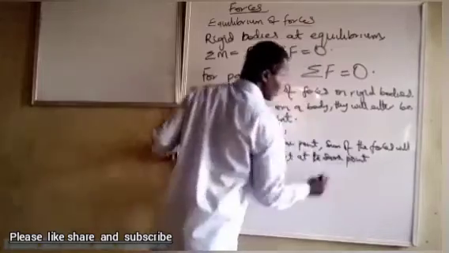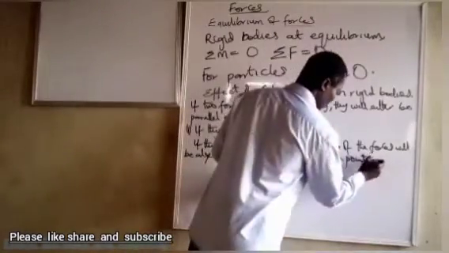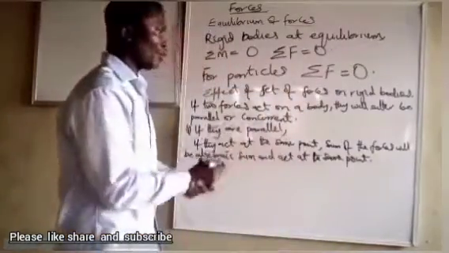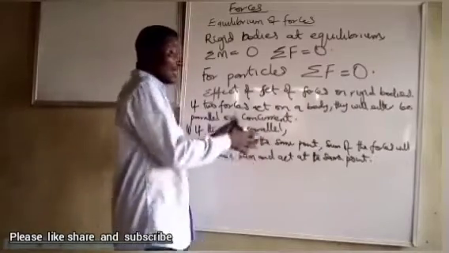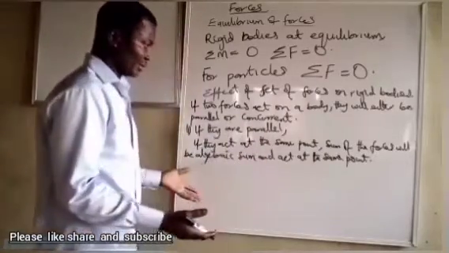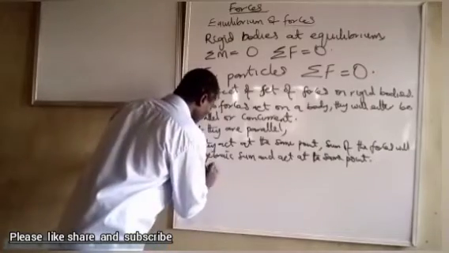I'm talking about the resultants. So the resultant will act at the same points, and it can generate moments and it might not generate moments. So moments can be generated